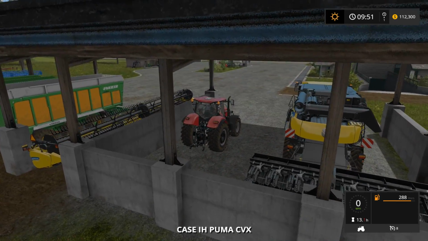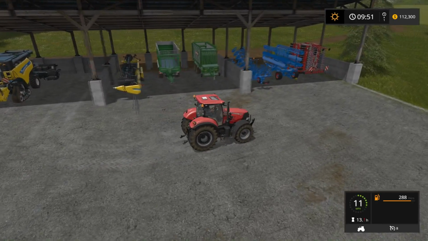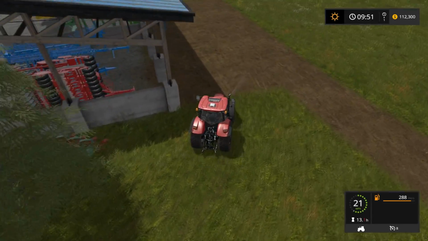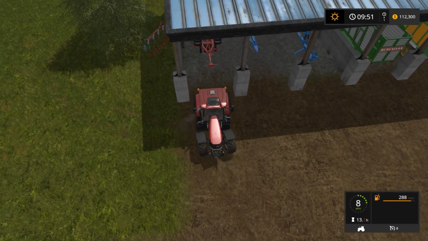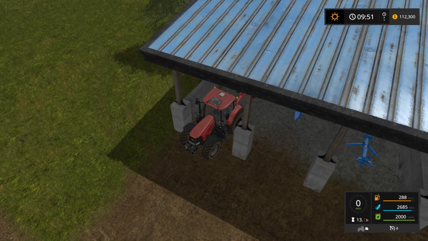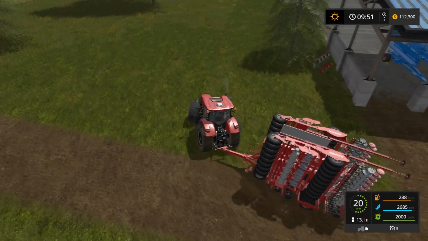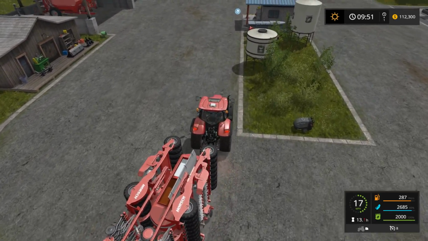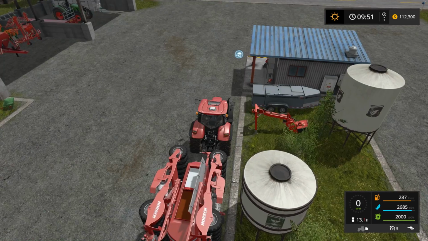Alright, so this guy is going to go seed. Since I think I have to use the other tractor with the cultivator. So I'm going to come over here and I'm going to grab my seeder. There we go. And before I forget, let's go ahead and just change this over to soybeans, since I know that's what I want to plant. Looks like we're full on fertilizer, but we could probably stand to top off our seed and our fuel before we head out. So I'll come over here and